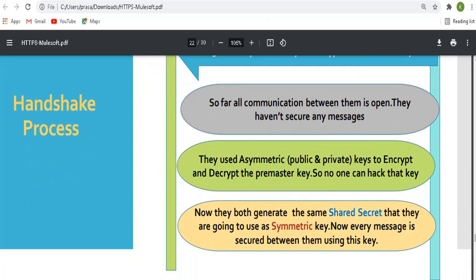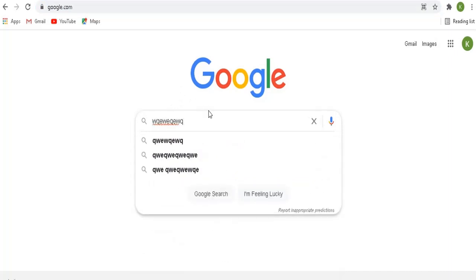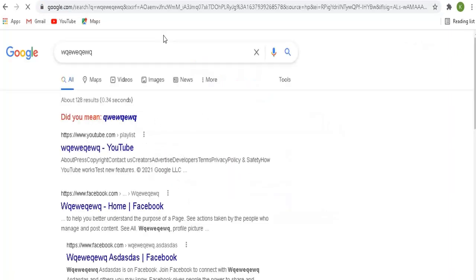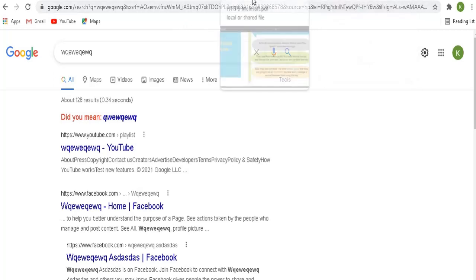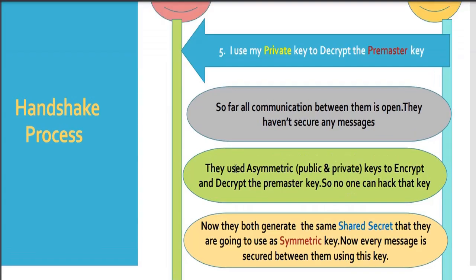So if the browser sends a search message and clicks enter, this message will go to google.com in a secured way, encrypted using the shared key. They used asymmetric keys, public and private key, to encrypt and decrypt the pre-master key. The pre-master key is nothing but the shared secret key, both are the same, so that no one can hack that key.